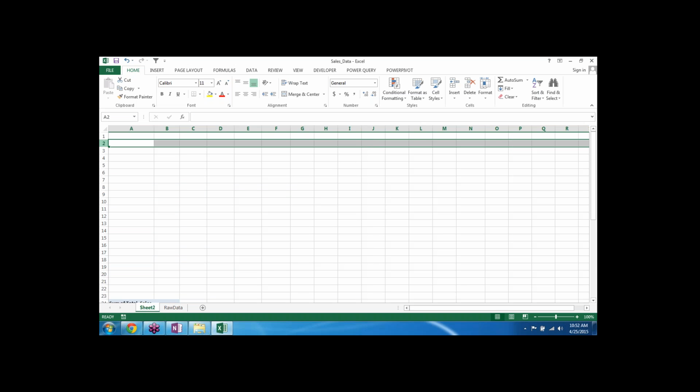I clicked on this row, and then if you press Control Shift and plus, this is the command to add row. Control Shift and plus, and if you press Control minus, this is the command to actually remove rows. Control Shift plus and Control minus.